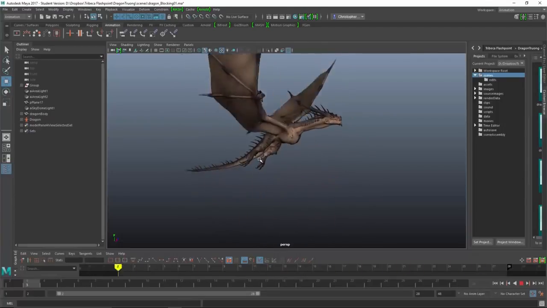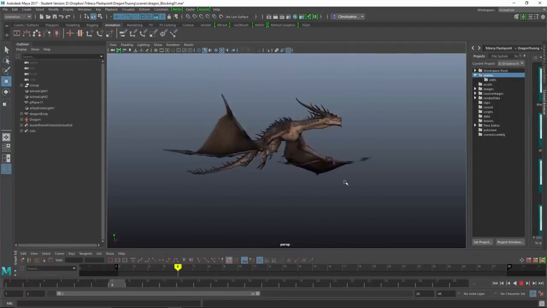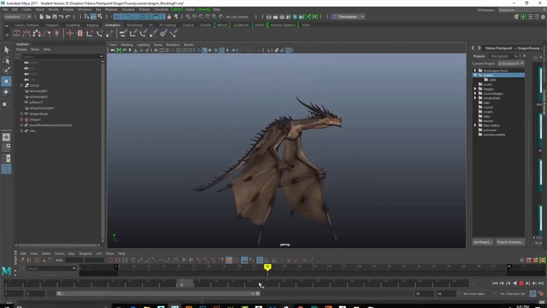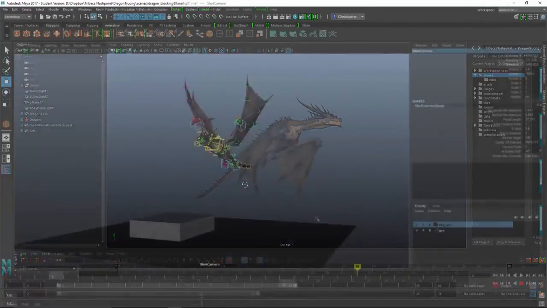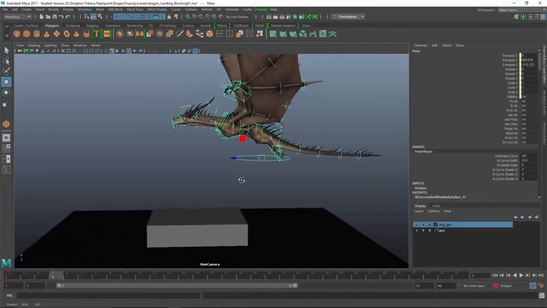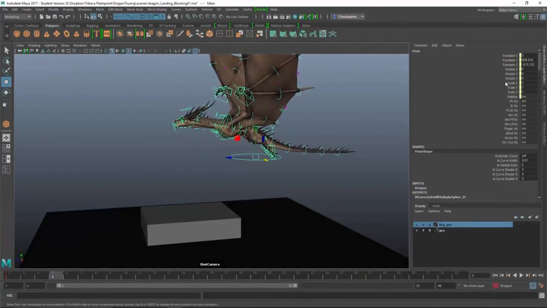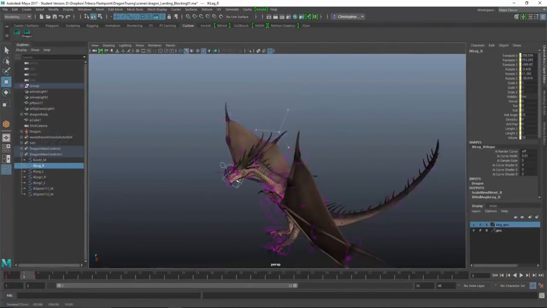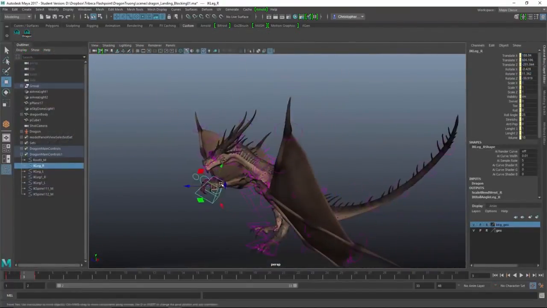We'll move from there on to a landing of the character, taking everything we've learned from the flight cycle and apply that now to a landing character, which is a lot more complex, and every pose is going to be different. There's no cycle we can approach, but we're going to just go over how the character lands, the